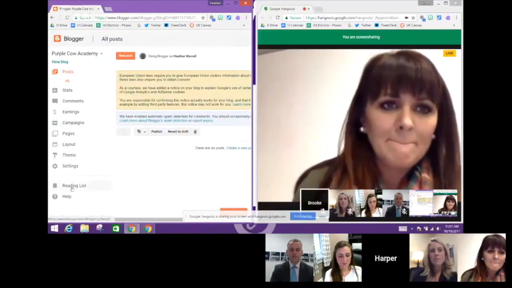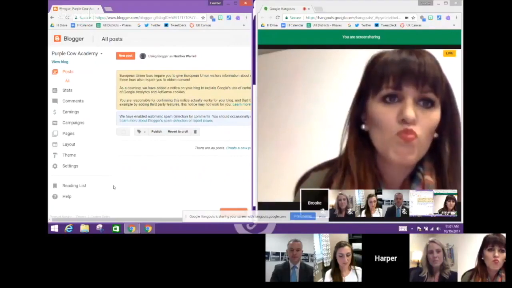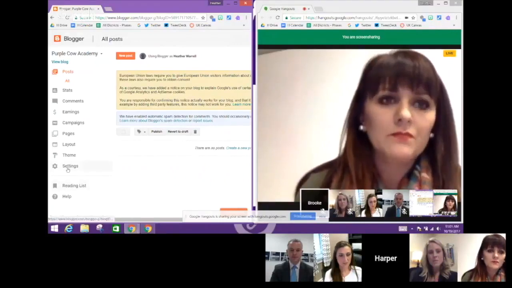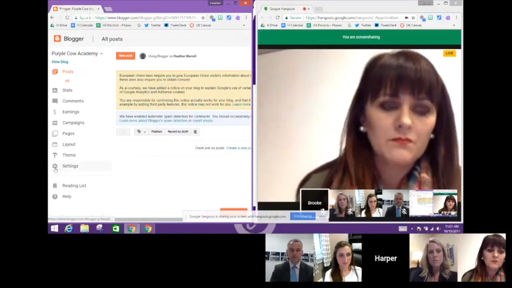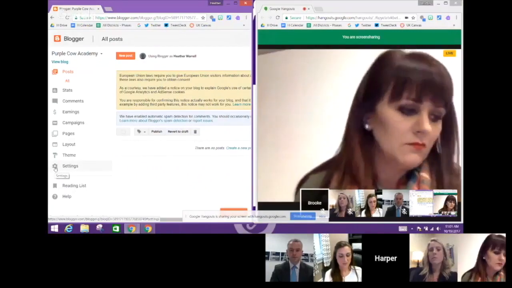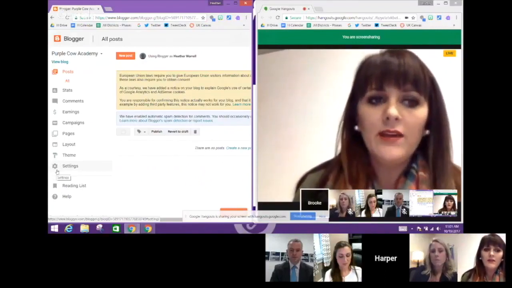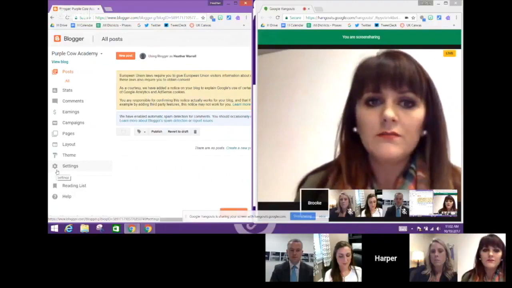Over here on the left side, it's very similar looking to a Google Drive. But the very first thing you're going to want to do is lock this down and make it private. To do that, just like in Google world, you look for this little wheel or cog or whatever that thing's called. What do you call that, Brooke? What do you call the settings wheel? I call that a gear. Gear.